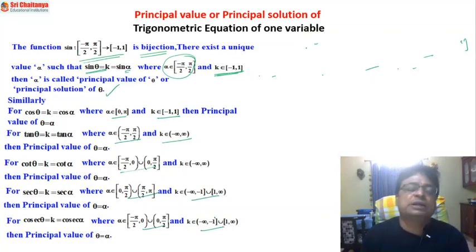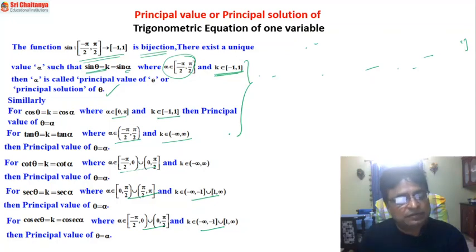You have to practice these necessary intervals, chosen to make the functions bijective, so as to possess a unique value which is the smallest possible value in that given domain. So, my friends, among all, you need to practice the first 3, they are sufficient, because whenever a trigonometric equation is given in terms of cot, you had better convert cot in terms of tan and find the solutions for tan, that's sufficient.